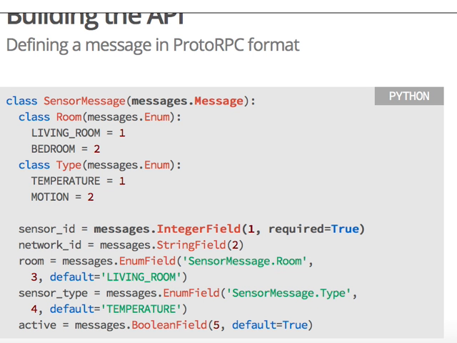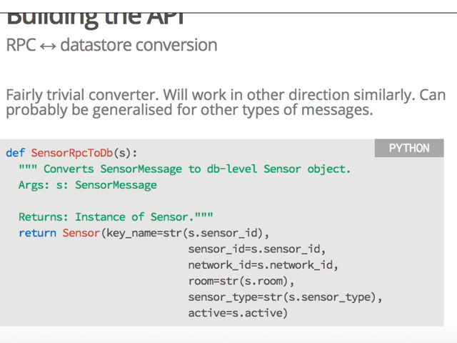Okay, and the next step is defining the conversion layer between RPC and data. Do you remember why I told you it wouldn't take long? See, I even had to include the comment here because otherwise it was 6 lines of code that just looks too lame and too unimpressive on a whiteboard. So that's basically it. You take one object and you create other objects from its fields. This is it. It works in other directions pretty much the same way. And if you have lots of different message types and you have lots of different data types, you obviously can generalize it. So define some common conversion layer so you don't need to do this at all.